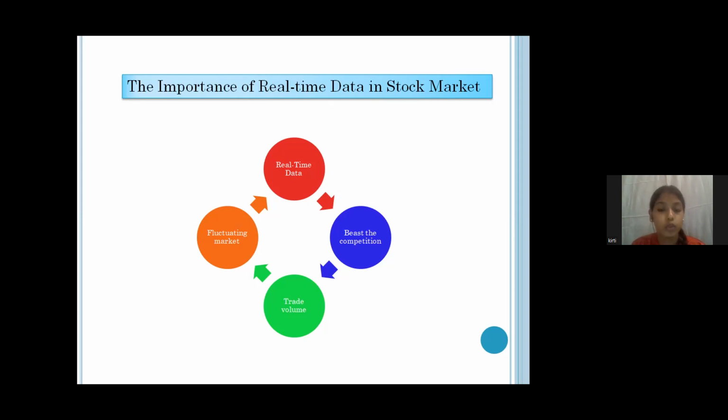Real time data allows you to move with the market instead of playing catch up. And second is beat the competition. Big data is now mainstream in market trading. It progresses faster than ever before. If you want to remain ahead of the curve and stay competitive in your market, you need to work with data delivered in real time, and this enables you to separate yourself from your competition and stay a few steps